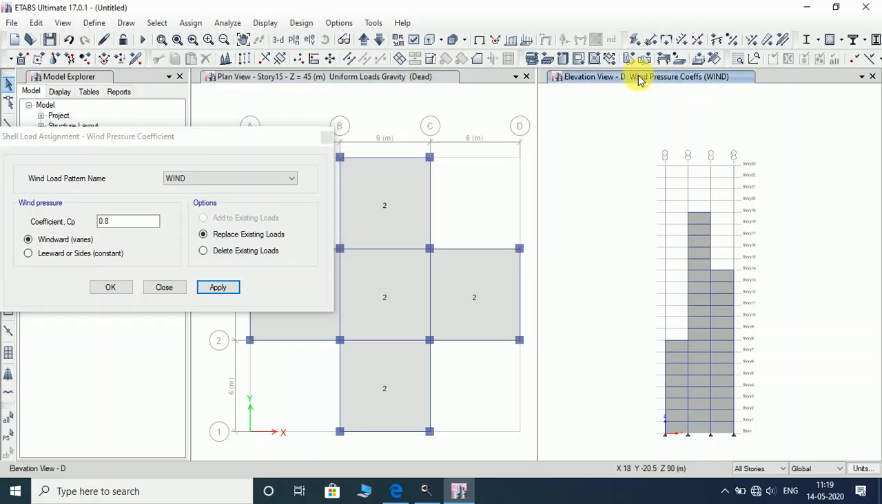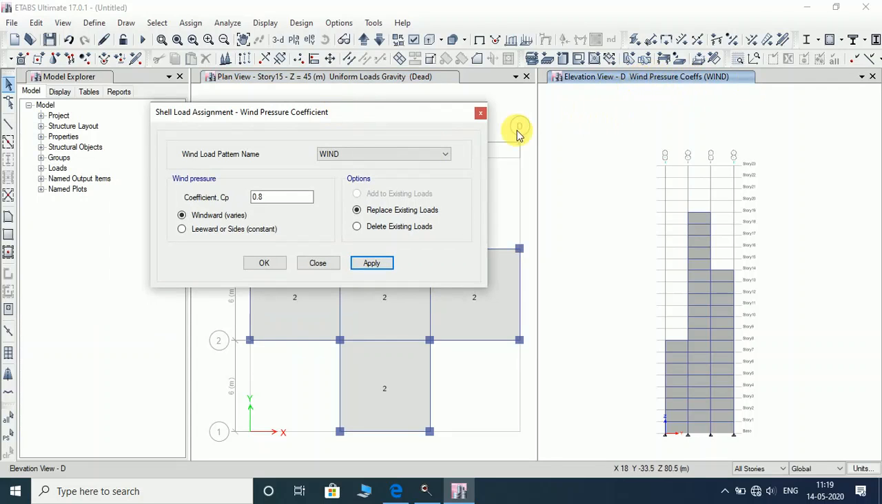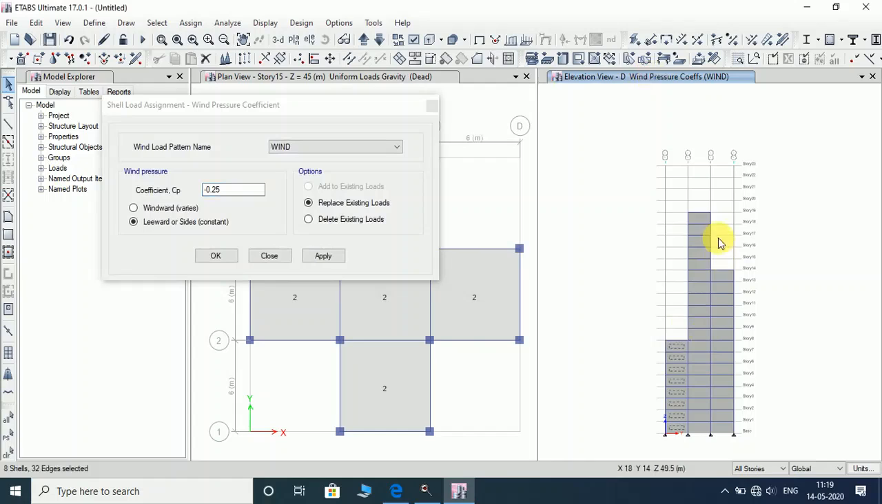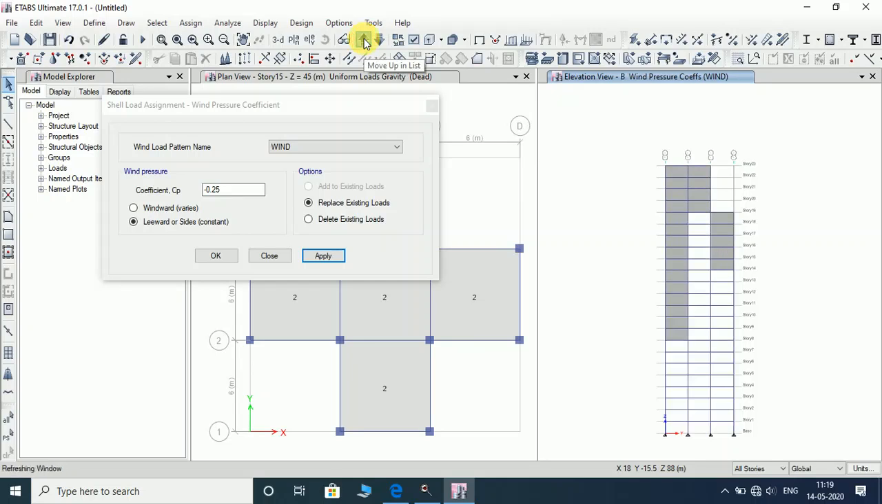So go to elevation D, first select it, then apply a leeward coefficient of minus 0.25, apply them. Now go to C, all stories, select them, and apply a leeward coefficient of minus 0.25. Okay, now